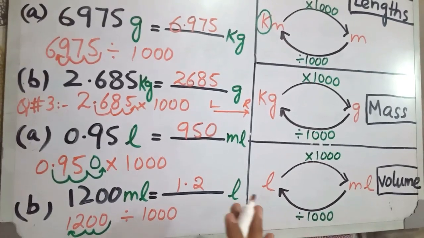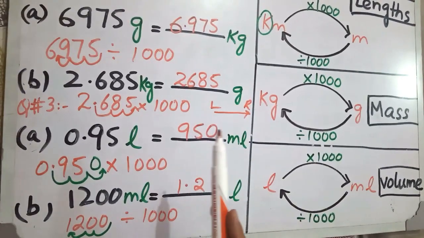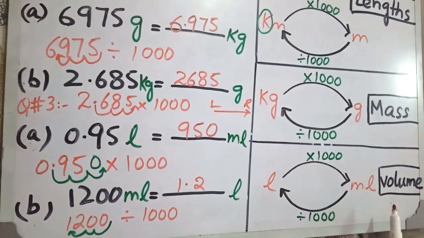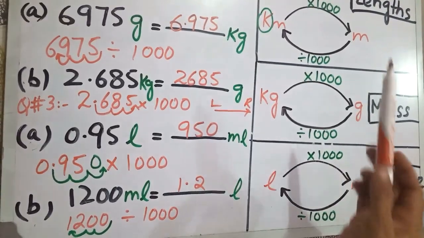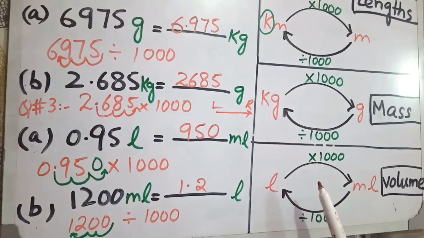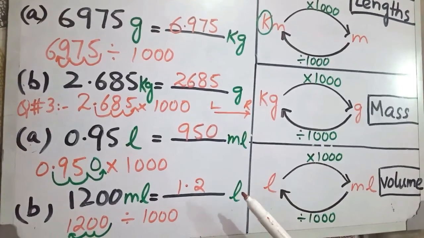These all were about converting measurements, which were length, mass and volume. I think you are very clear about it, and you should keep these 4 schemes in your mind to make the questions easier and clearer.